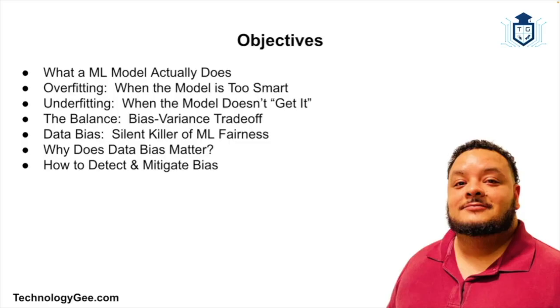And three of the most common and most important ones that you're going to come across are called overfitting, underfitting, and data bias. And these issues can make or break your machine learning model. In fact, even if you're using the fanciest algorithms and state of the art hardware, your model will fall flat if you don't understand and manage these challenges. So, with that being said, we're going to go ahead and talk about these challenges one by one.